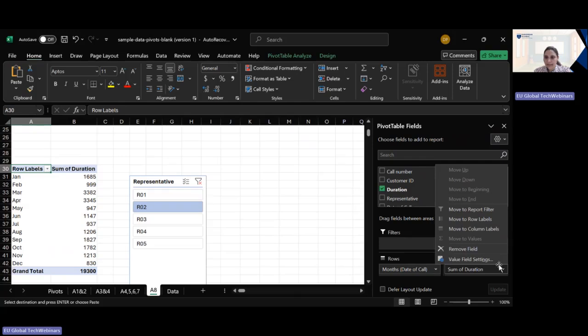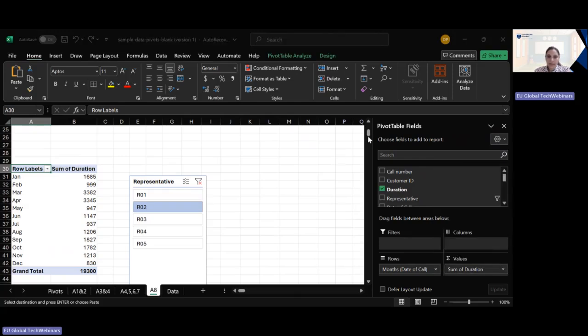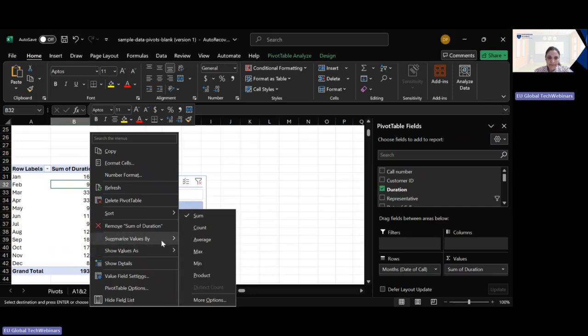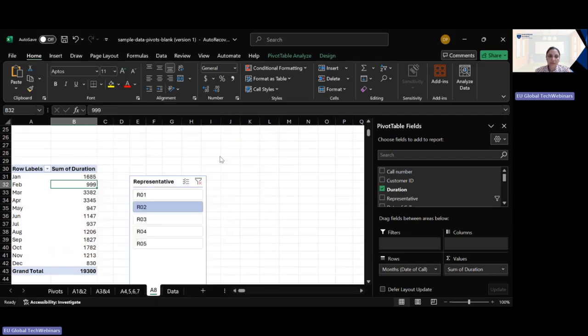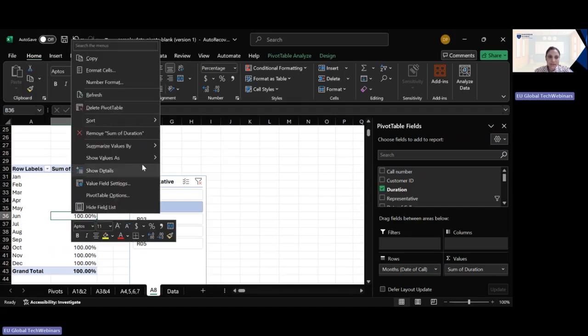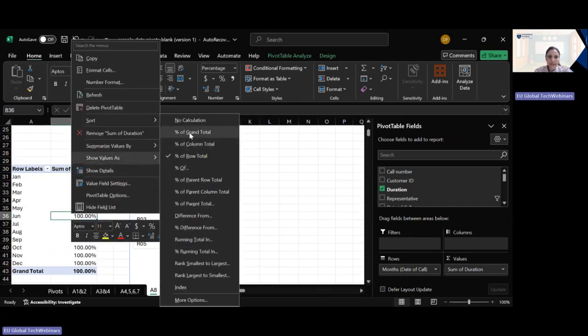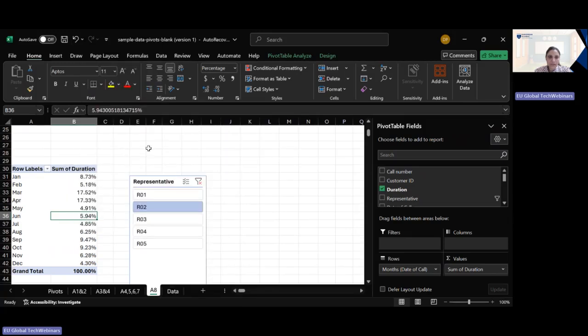We can also see other options over here. We can summarize the values and show them by the percentage of grand total, percentage of running total, or percentage of row total. So this can also be done. Obviously the row total gives a fixed figure, so we can say the percentage of the grand total. Based upon this, we can see over here